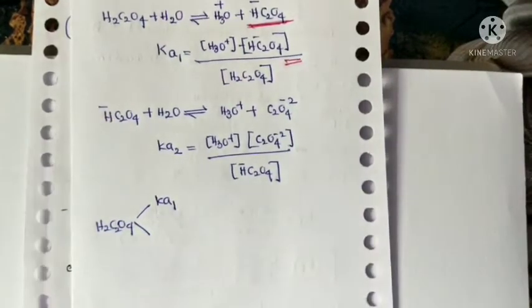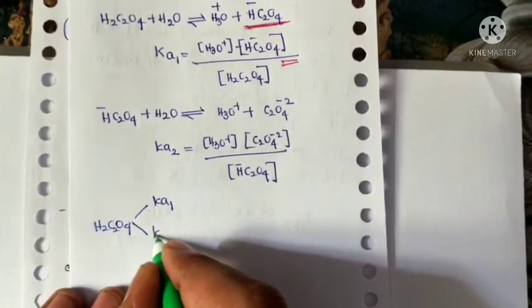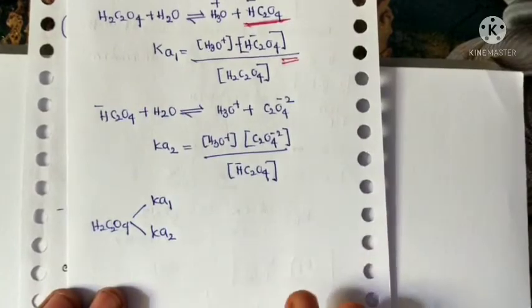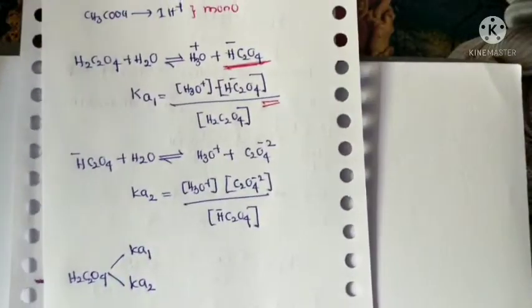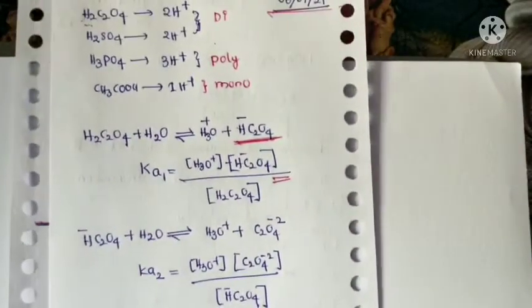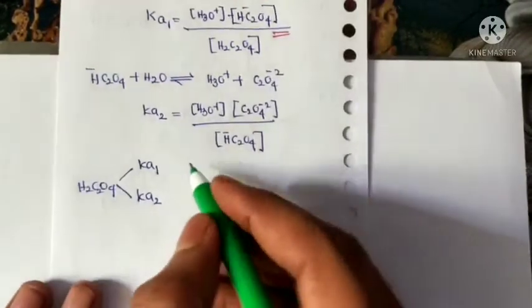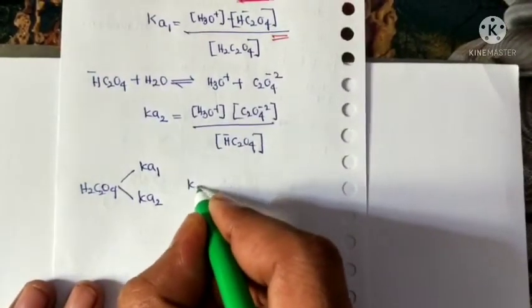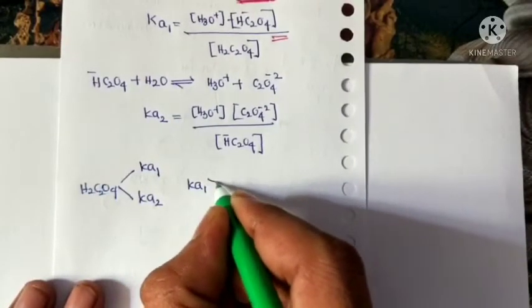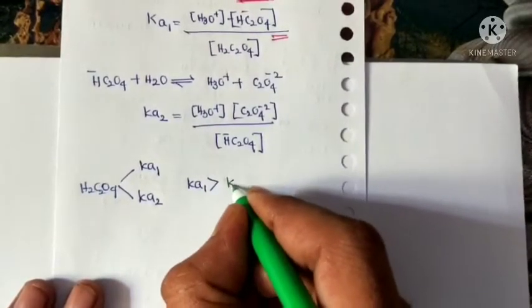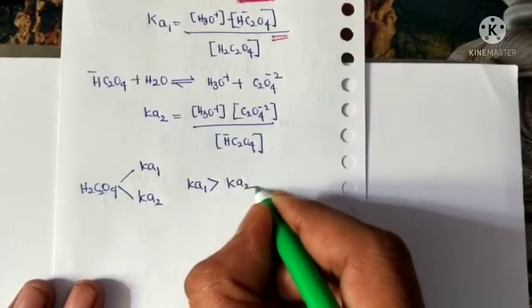Ka1 is the first ionization constant and Ka2 is the second ionization constant. The value of the first ionization constant is greater than the second ionization constant of the acid,